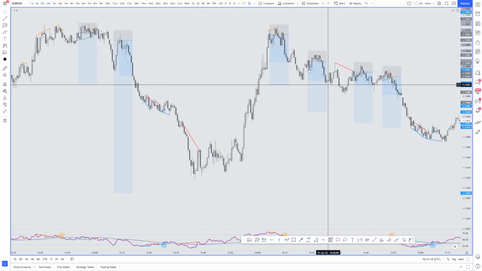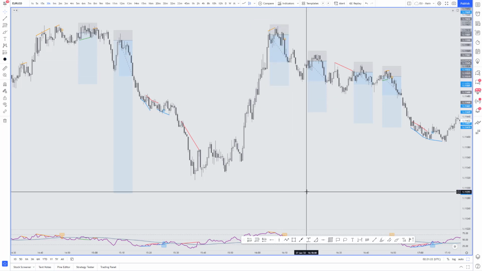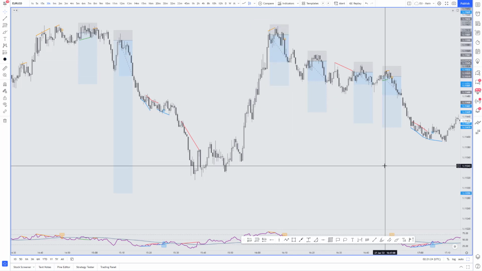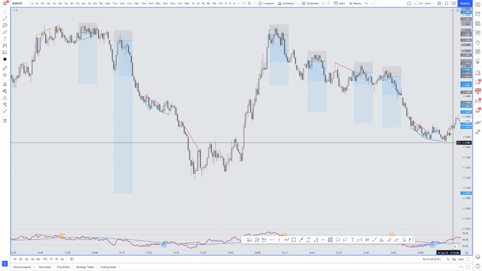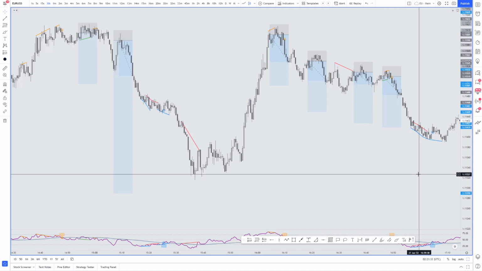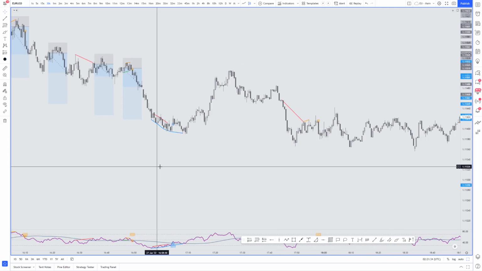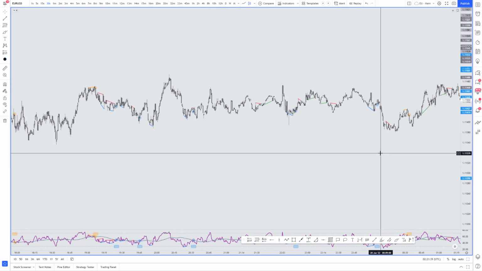And you can refine the system any which way you want. You can pay yourself every 3R, every 4R. We have a member in our community that took a $2,000 account to $25,000 just using 3R hard TPs, just to show you the power of that. It's a very powerful technique, and basically the whole purpose of this